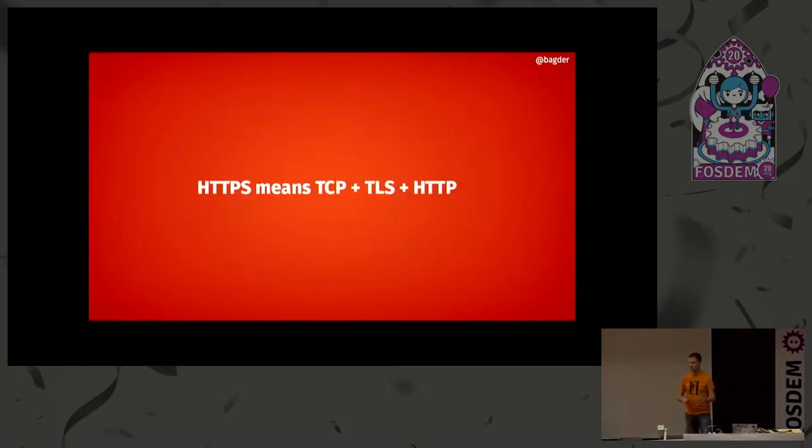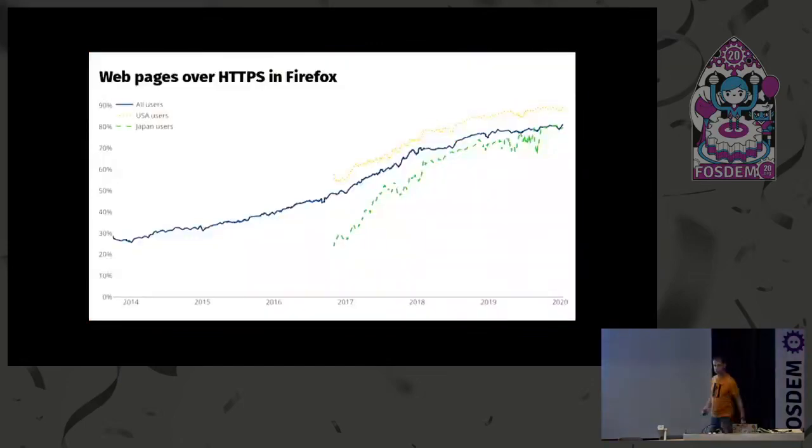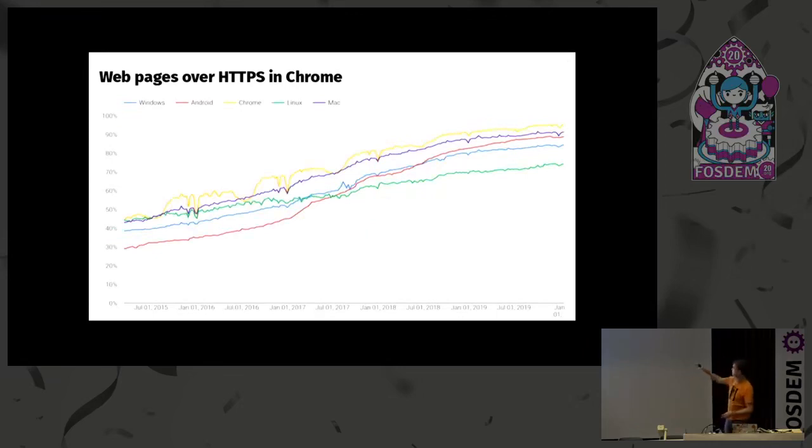So HTTP works over TCP, but we're not talking HTTP clear text, we're talking HTTPS. And do we? Yes, we do, because page loads done by Firefox on the internet today, this is divided by continents from Firefox data, somewhere around 80%, maybe up to 90% of all page loads, are HTTPS. Basically, the web is going HTTPS. The same data from Chrome, split on platforms instead. Some of them upwards of 90, some of them only 70. But that trend is rather clear. It's growing. The web and everything is going more and more encrypted.